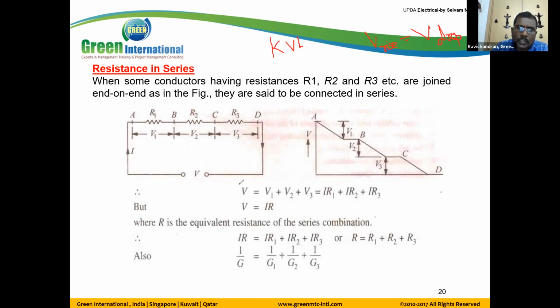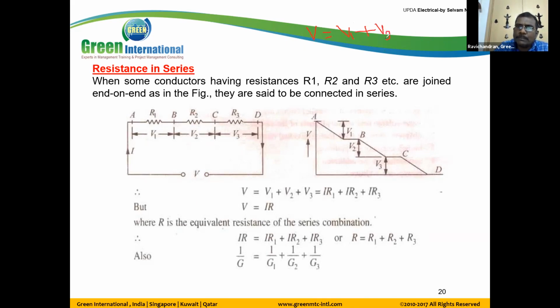Voltage rise is V voltage. Voltage drop, we have 1, 2, 3. So 3 resistances are there, so we have 3 voltage drops: V1, V2, V3. From Ohm's law, we can write like this: V is equal to V1 plus...